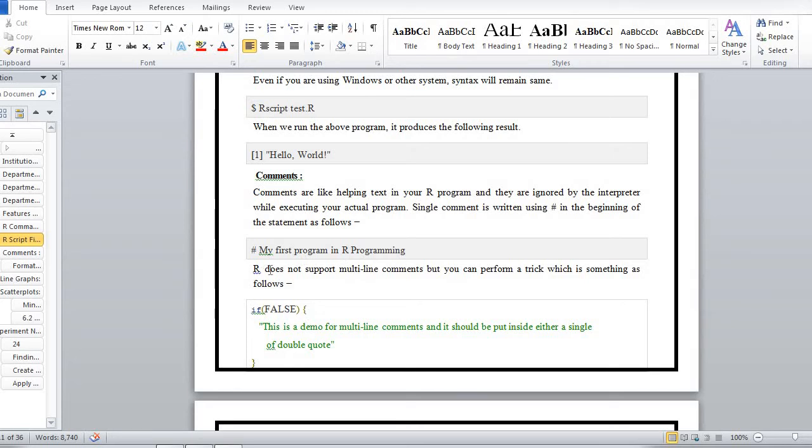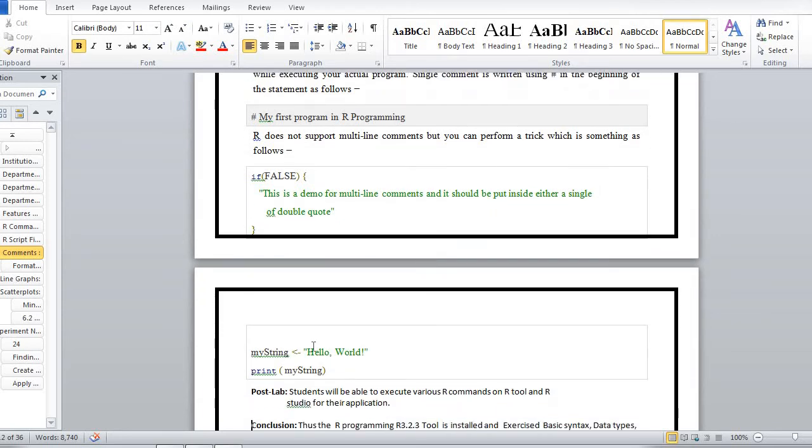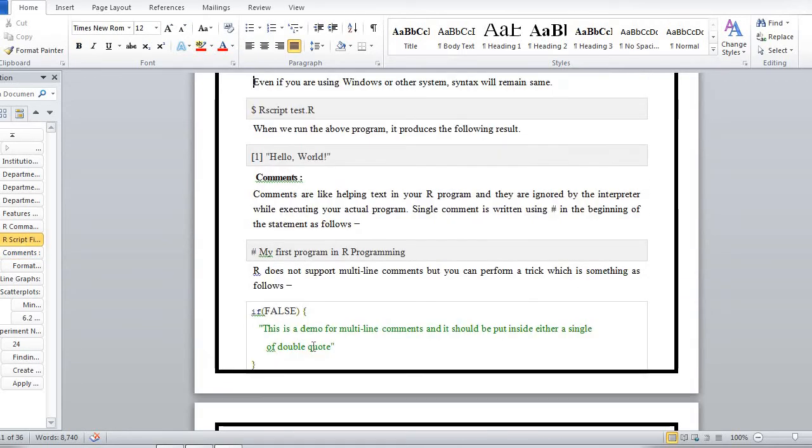R does not support multi-line comments, but you can perform a trick: write if false, and then write the text like this, and it will act as a comment. So these are simple commands: how to comment, and how to say hello world with the print statement.